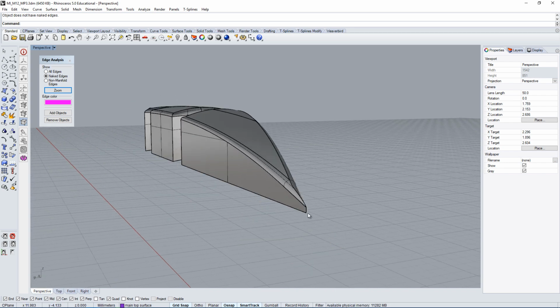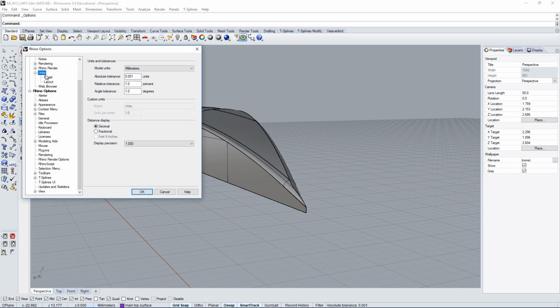But this should give you a better idea on how to fix this type of naked edges using simply the settings and the unit tolerances. And again, you do not have to change the unit to millimeter. One alternative, if you really want to use inches, which I would not recommend, but if you do want to use inches because you're more comfortable with using inches, you can simply increase the absolute tolerances of your units, and it should do the same. It should have the same effect on your trimming and on the quality of your edge.